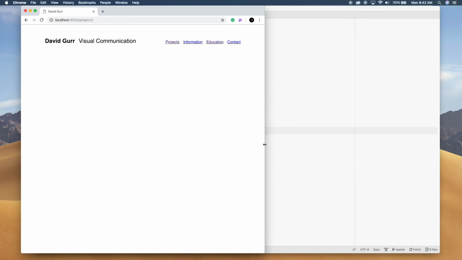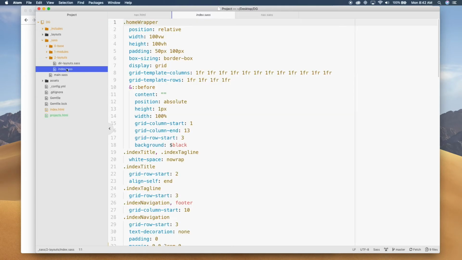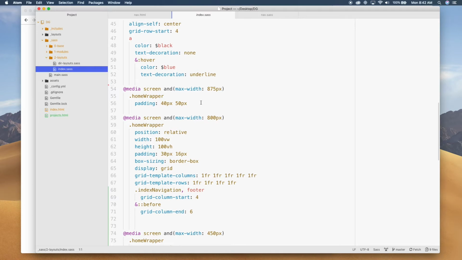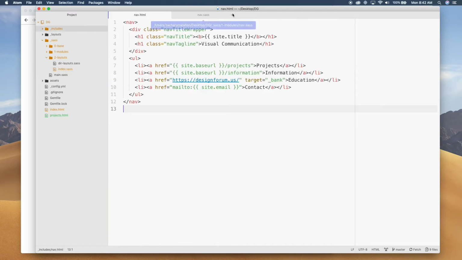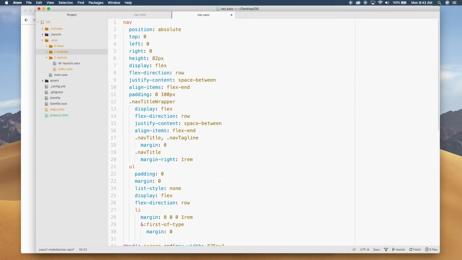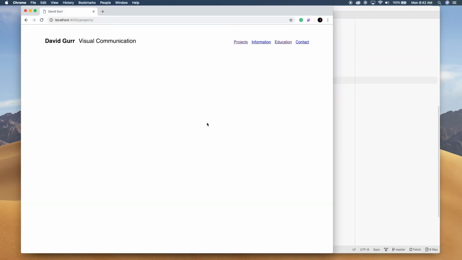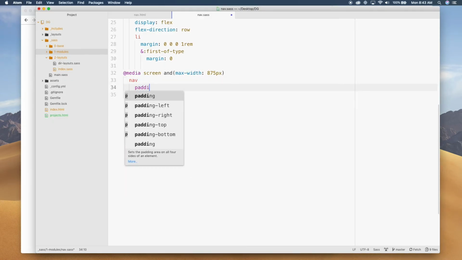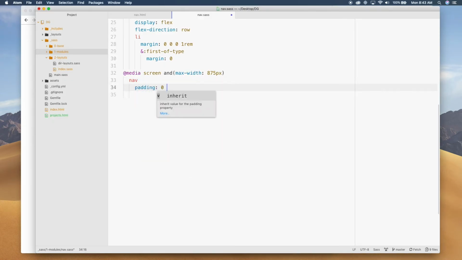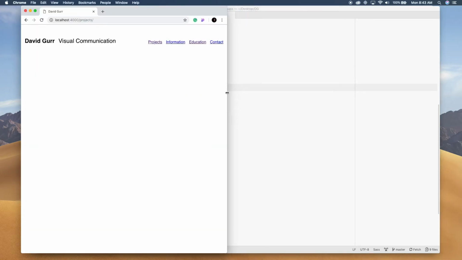So that we don't want. Let's see, when do we break this? I think it's 800 something. Let's grab our Sass layouts. 875 is the first break that we're using. So let's go ahead and grab our nav Sass. Come here, and then all we're changing is the padding on the nav. So nav, I think I'll just make it go down to 16. Padding 0 and 1 rem. Okay, so when it comes down here and it breaks,